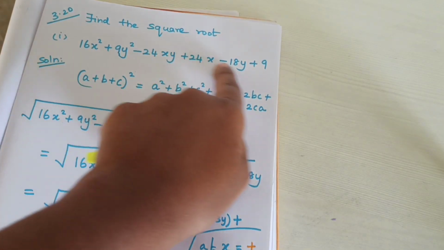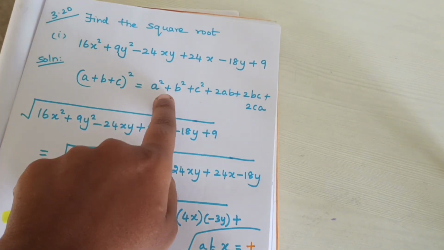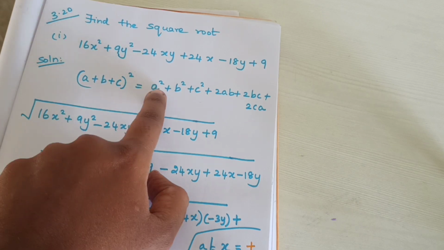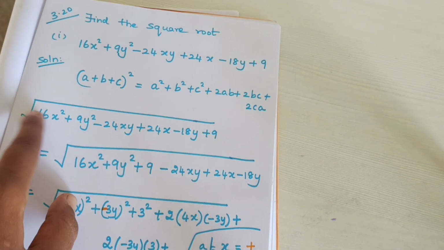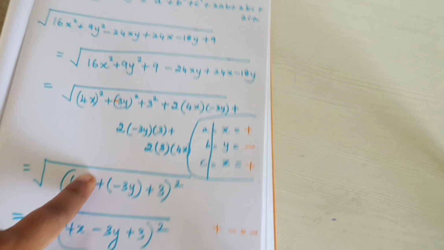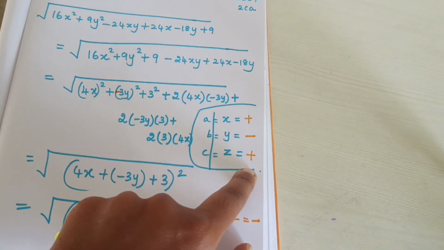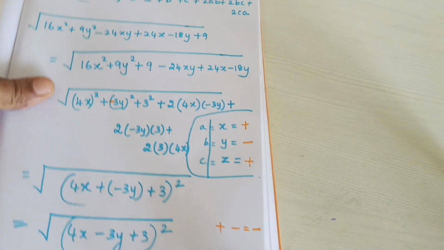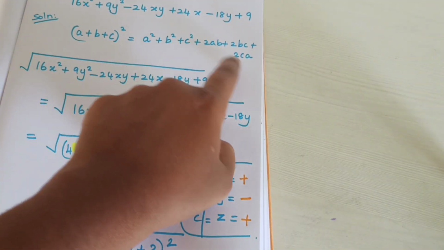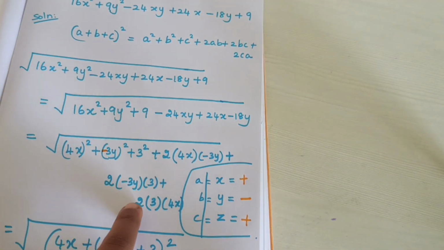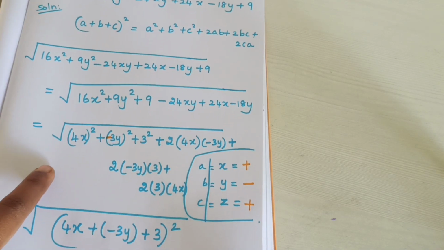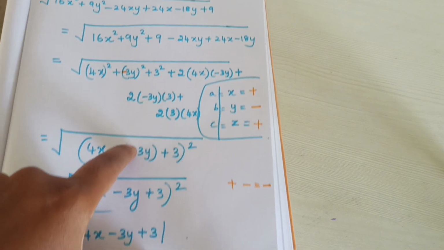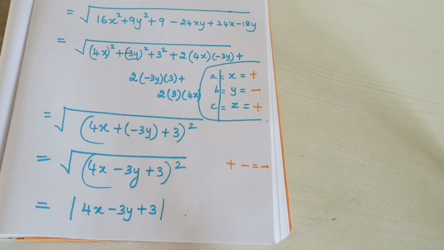See, when more terms are there, you need to think of the (a + b + c) the whole square formula. After writing the question, first you need to look for the symbols. After finding the symbols, you can expand according to a² + b² + c² and so on. After the expanded form, you need to conclude the expansion like this. After that, you write the final step.